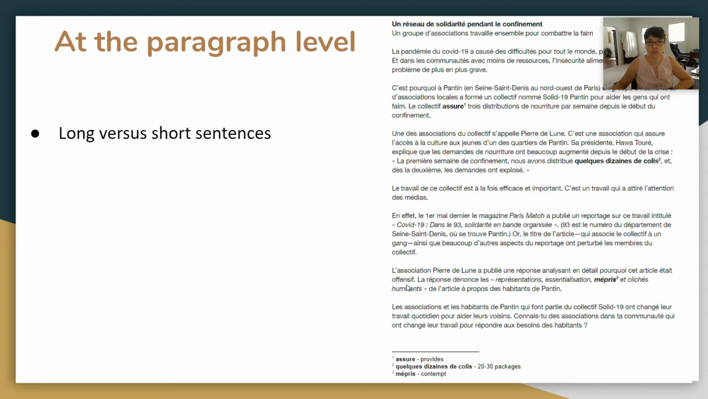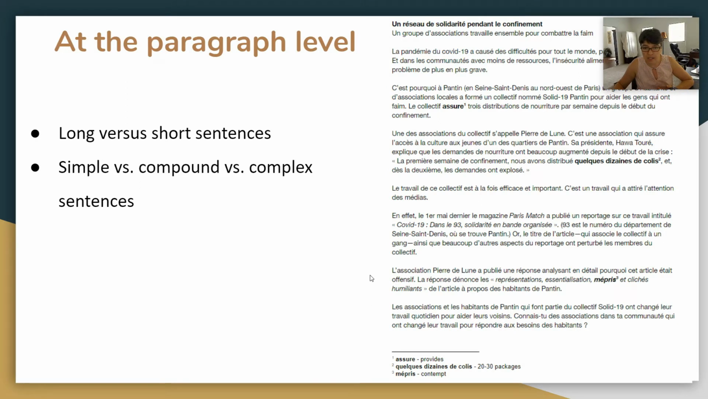So I'm going to have to go in and make sure that there's not too many long sentences, since this is mostly for novice high, intermediate low. So there will be work to do on the paragraph level. Next, simple versus compound versus complex sentences. So as you can see, there are a lot of complex sentences in the paragraphs. We've said there are long sentences, but a complex sentence is a sentence like,